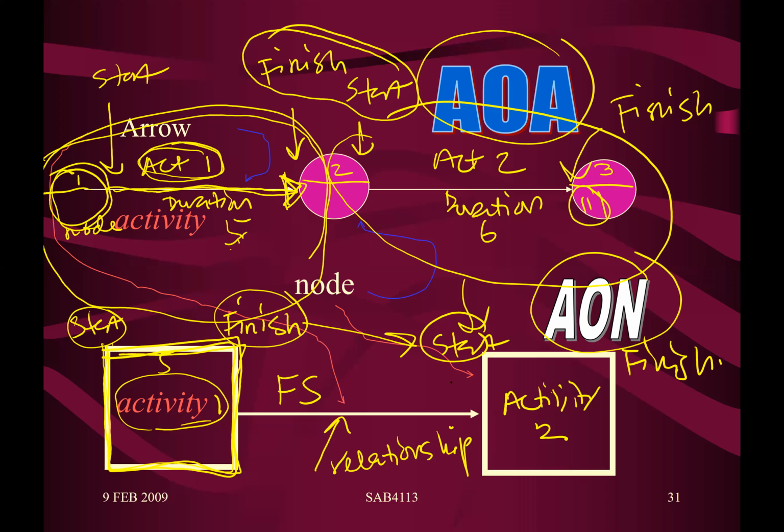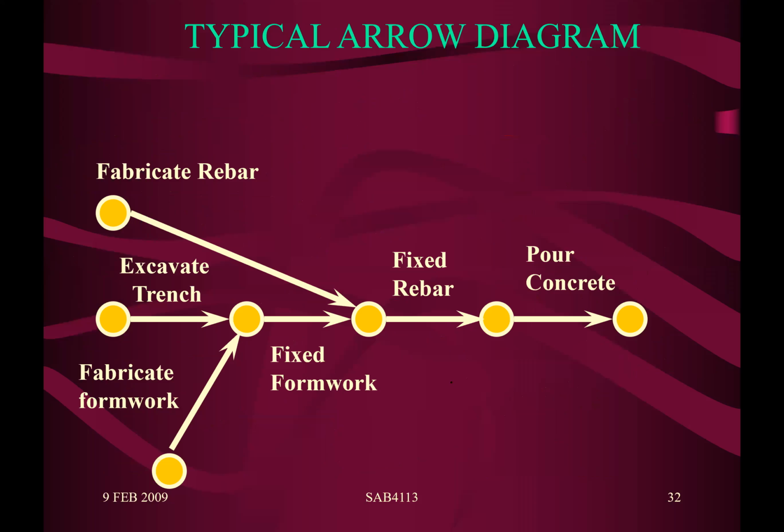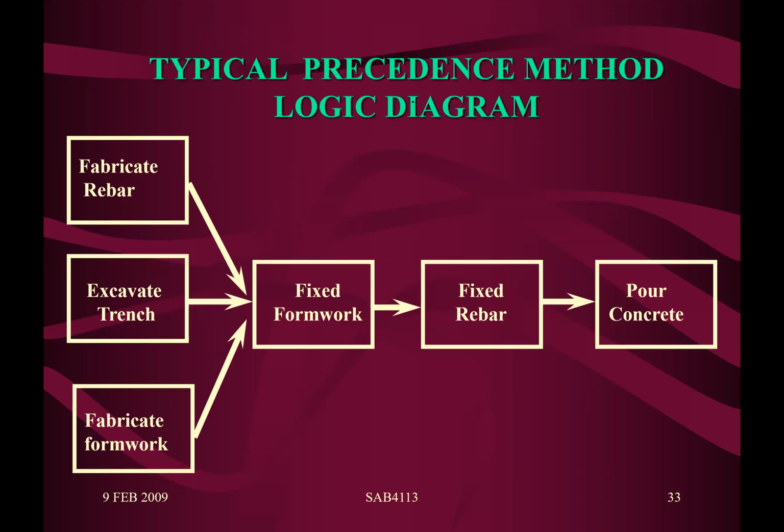Let's say this is a typical arrow diagram. What does a typical arrow diagram consist of? The activity is written on top of the bar, but this one is at the bottom, where we can write on the top anyway. And then this is what we call the node. This is what we call the arrow. And they are interrelated together. You notice, this is the arrow diagram, this is the AON diagram. They are similar